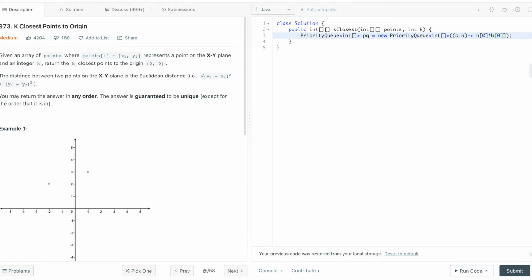So I'm going to take b of 0 square plus b of 1 square. So this will be my first number, and my second number will be a of 0 square plus a of 1 square. Hope this makes sense so far. So if I give this good brackets,